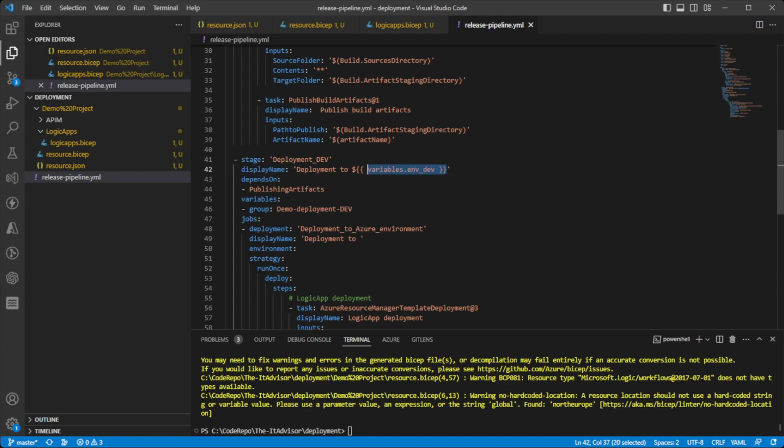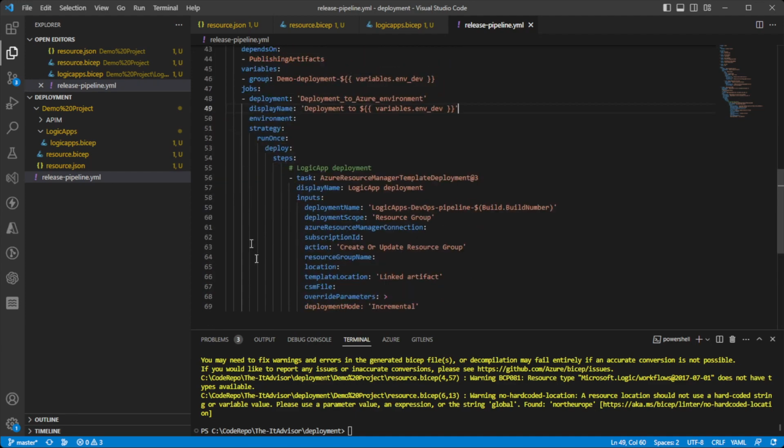This is a syntax which is used in the YAML files to take a value of a parameter or a variable. So here I will also take the variable like this and deployment to the environment dev. Here I have to specify the environment. Then